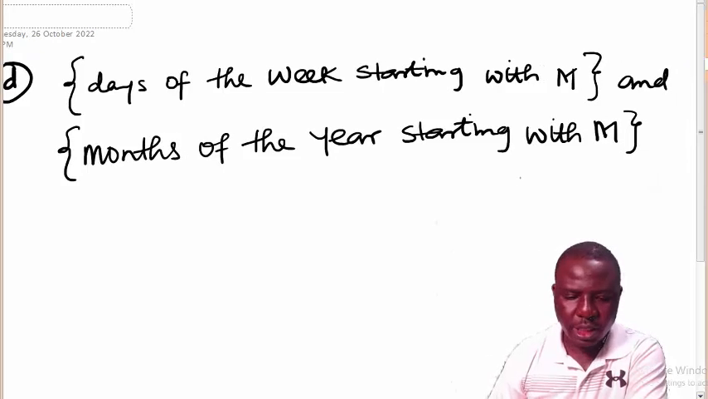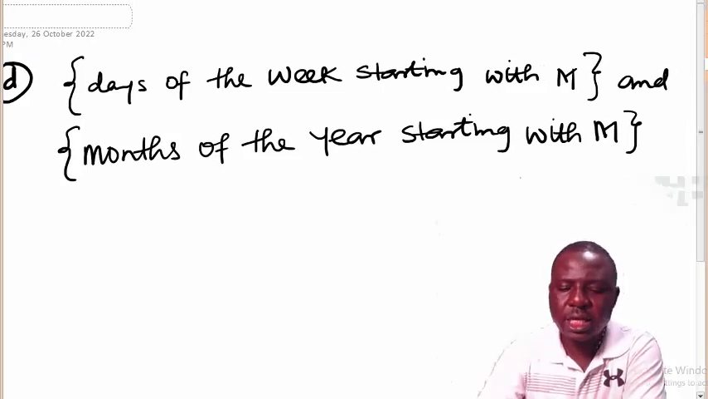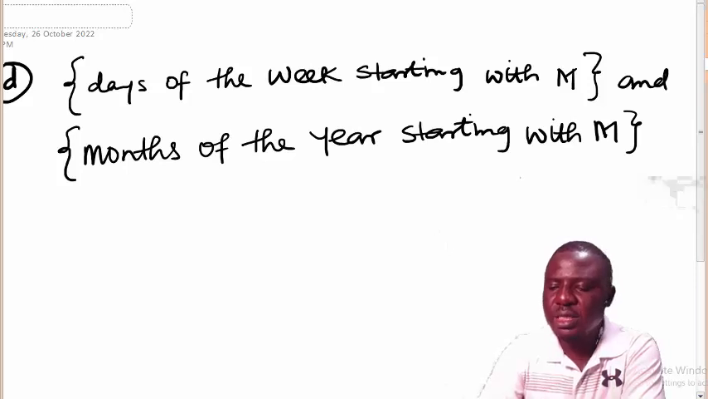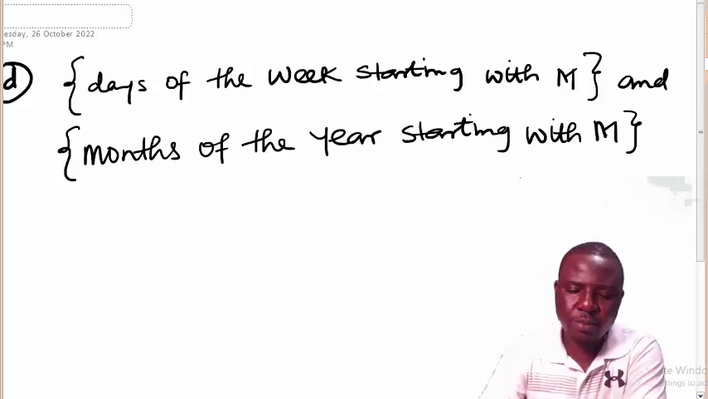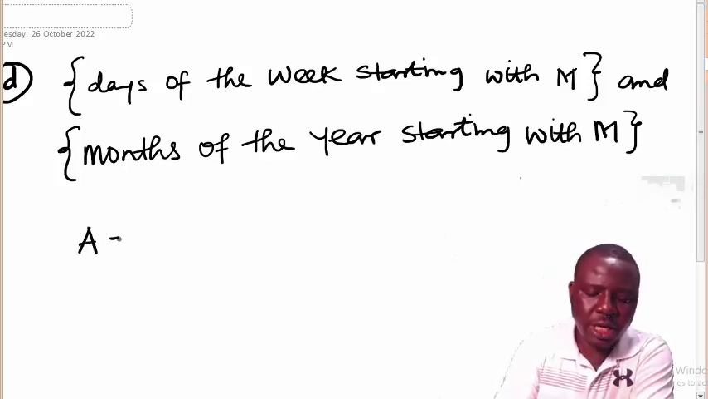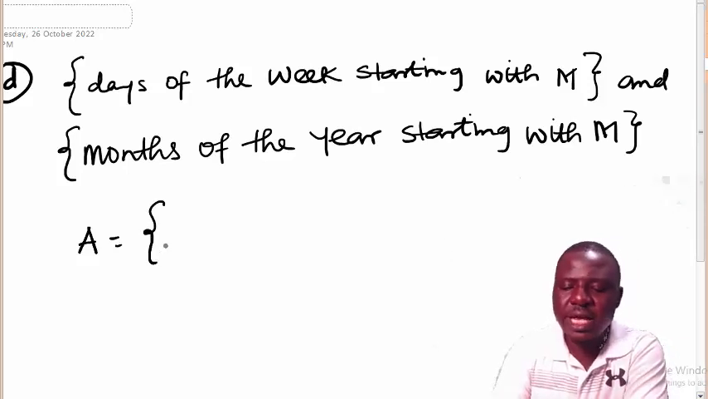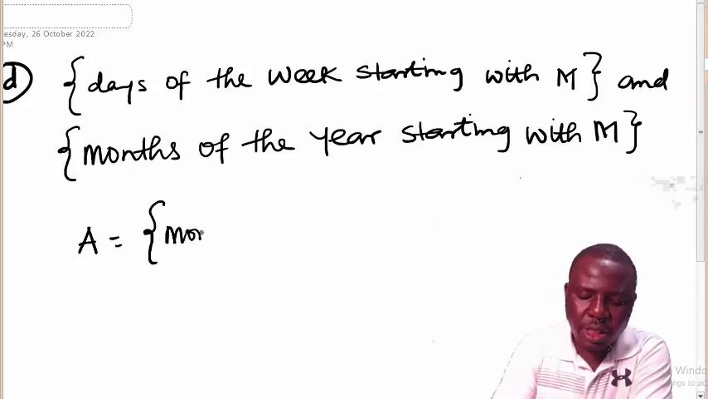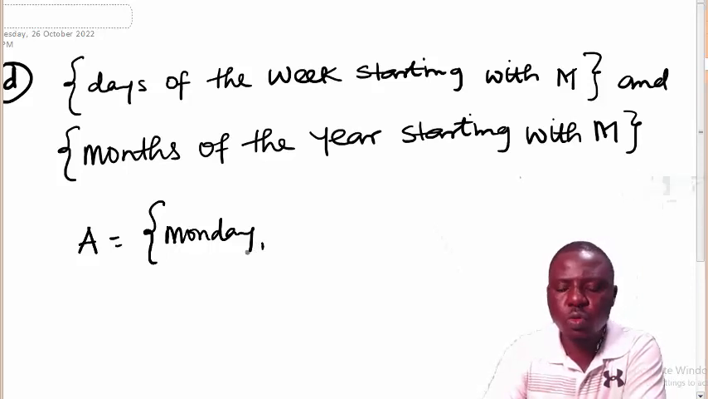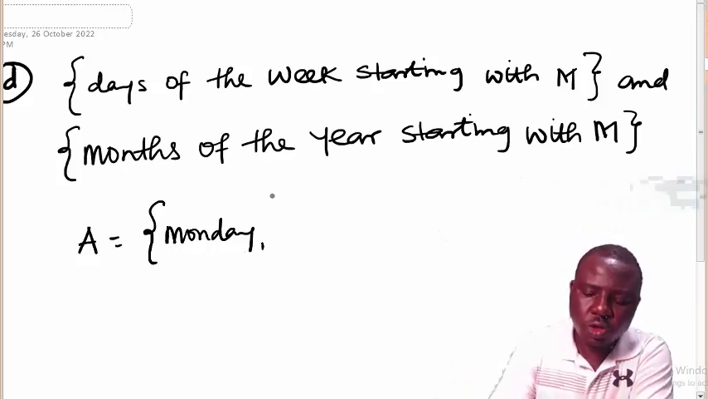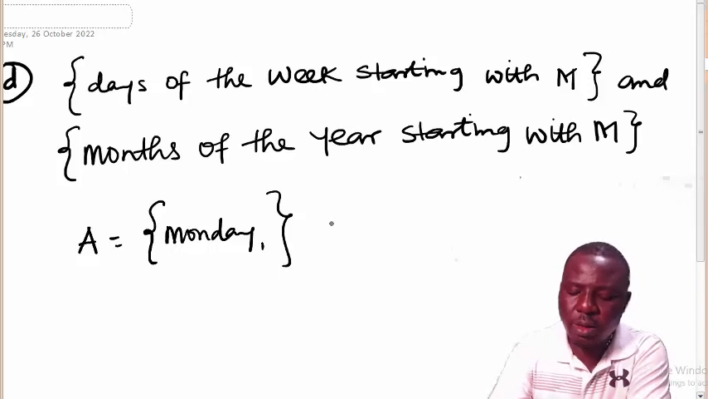Question 3, part D, says: days of the week starting with M and months of the year starting with M. So let this also be a set A, which is defined as days of the week starting with M. We have Monday, Tuesday is not, Wednesday is not, Thursday, Friday, Saturday, Sunday. So this set contains only Monday, while set B